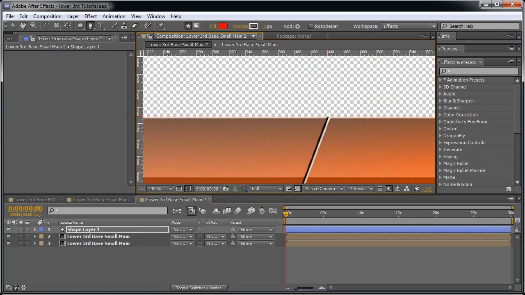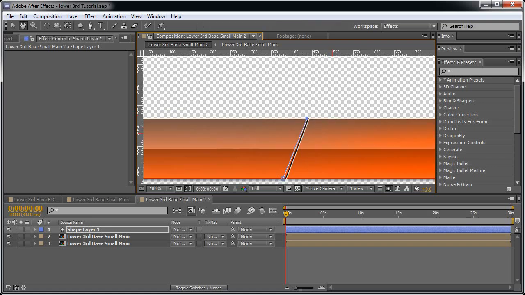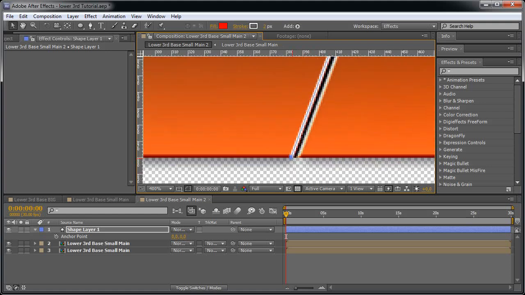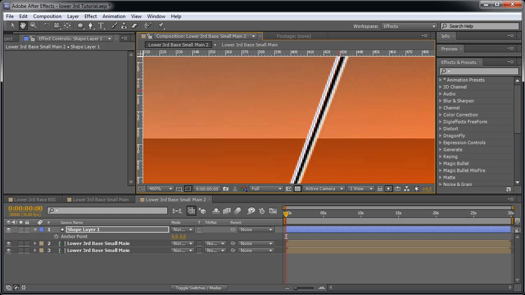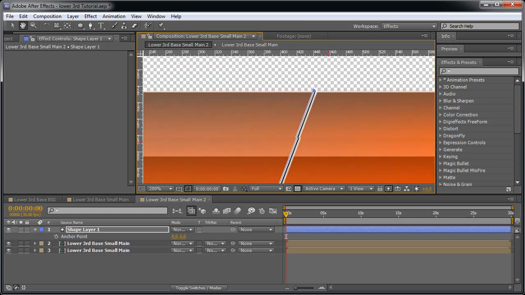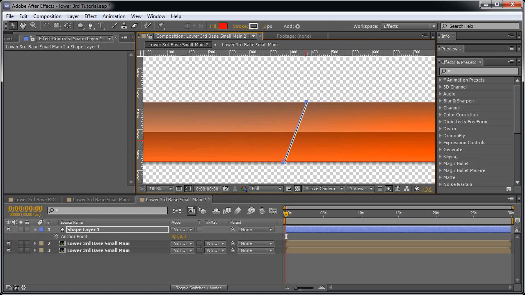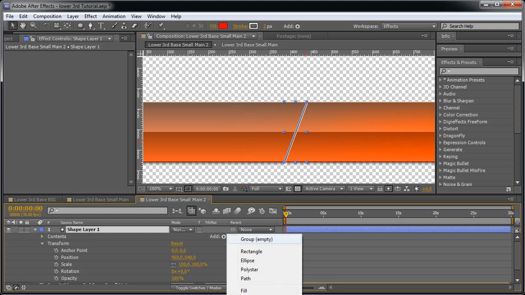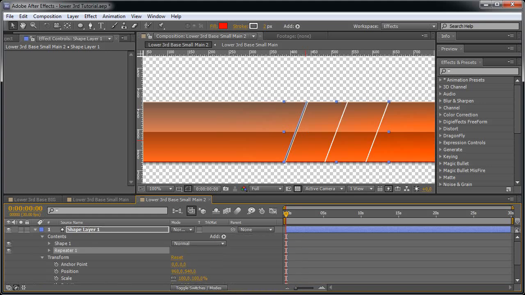We'll draw our shape like so. We want a precise shape, so I think something like that is okay. And come to the modifiers for the shape layer and choose repeater,